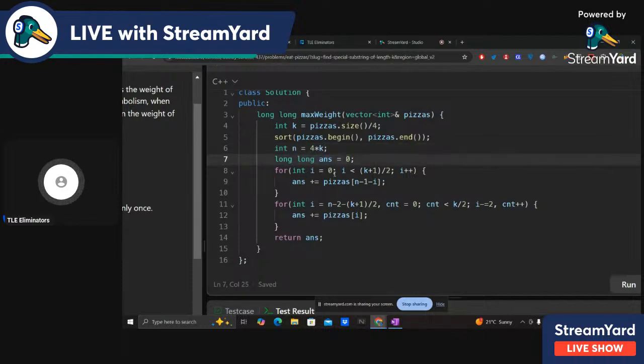Now I'll just take the last o elements. So I equal to 0, i less than o, i plus plus. So o is ceiling of k by 2, just k plus 1 by 2. So ans plus equals pizzas of n minus 1 minus i. So the last element, second last element, third last element, and so on. So this counts the last o elements, and then I will start with n minus 2 minus o,